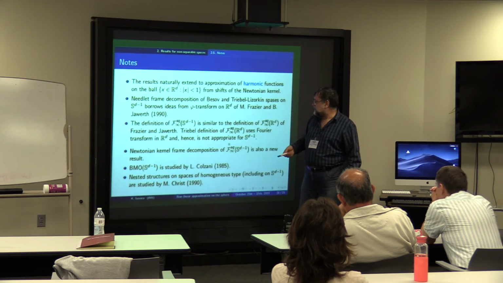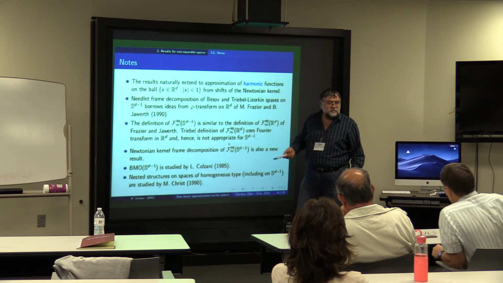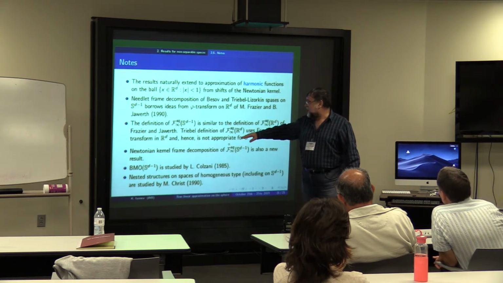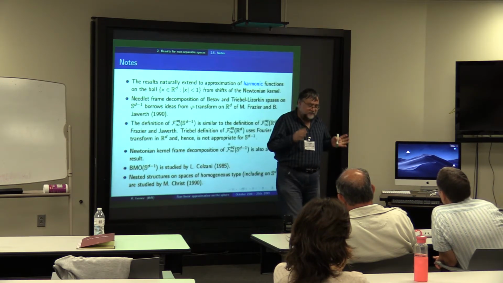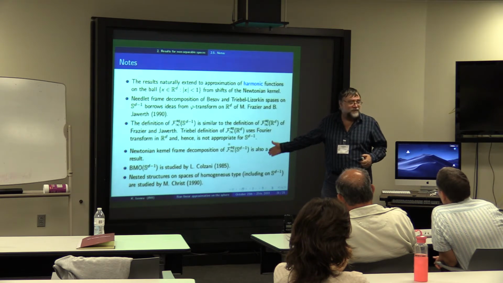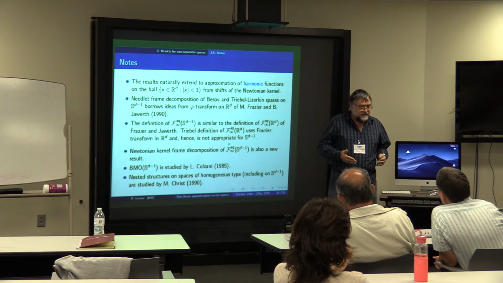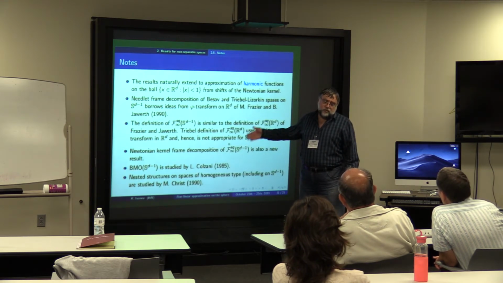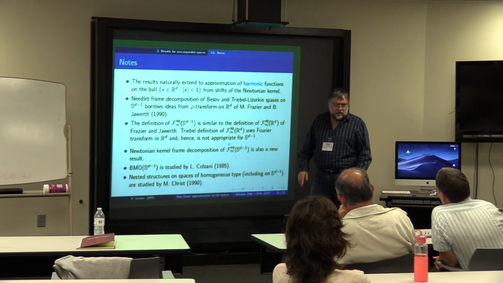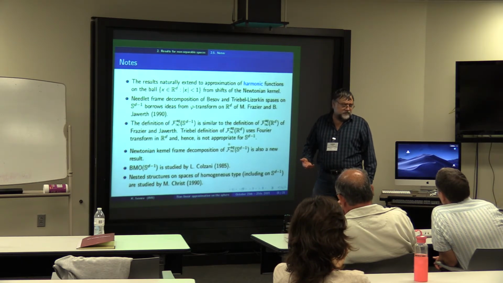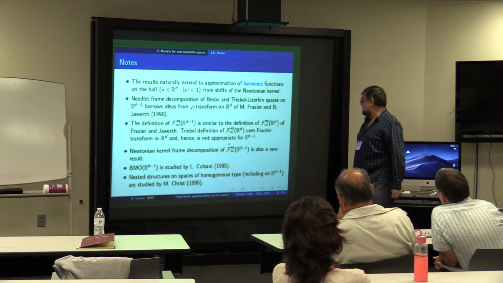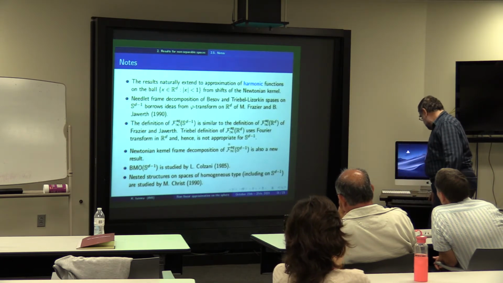Triebel gives another definition where he uses Fourier transform, but I have tried to explain to you that whenever you are on R^d, in the abelian case, you have, for example, Fourier transform, and life is a lot easier than going on the sphere where, except for the case d equal to 2, otherwise all spaces are non-abelian, so you cannot play so easily with the translation on the sphere. Okay, so we have taken from where the definitions are coming. Okay, next.